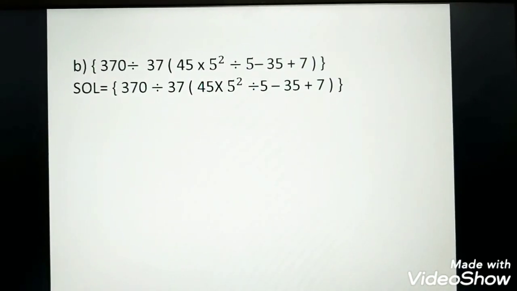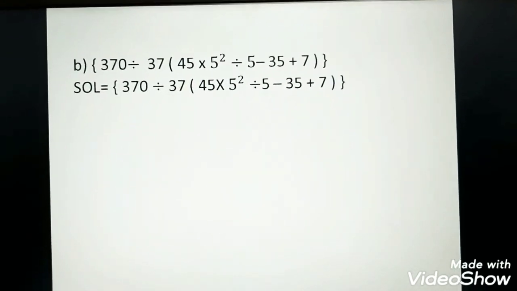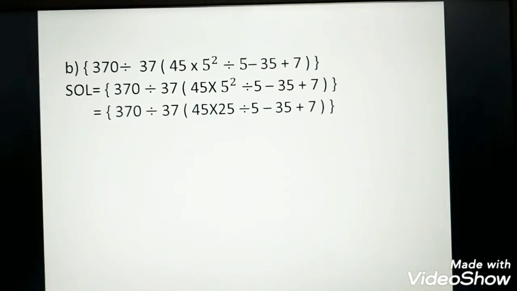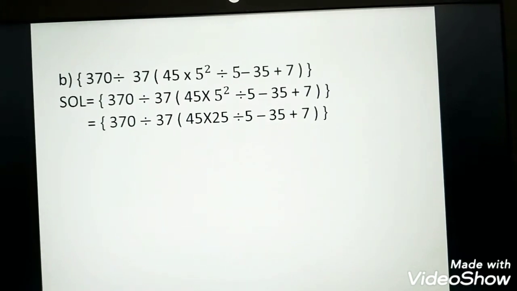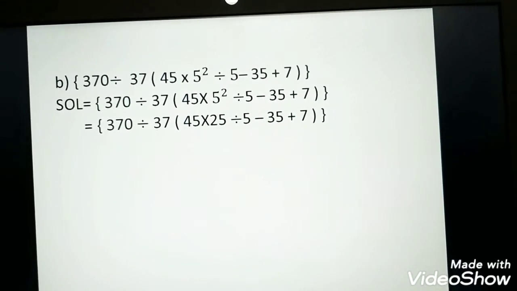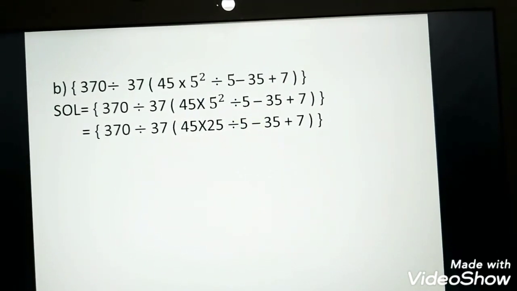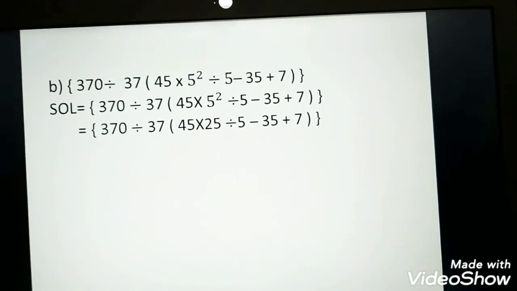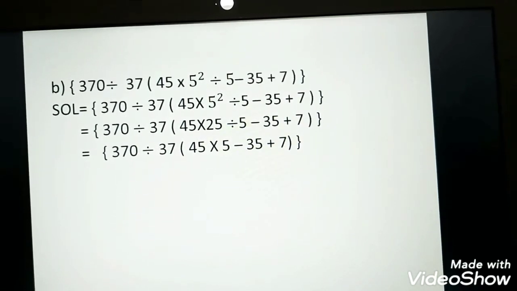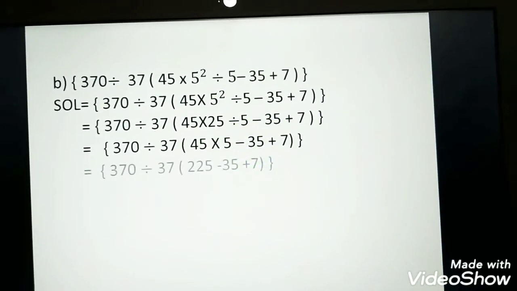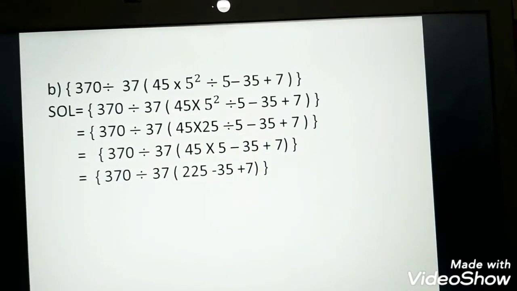Then inside the parenthesis, what are you getting? Power. So first of all, inside the bracket you will solve the power, that is 5 to the power 2. In the next step you can see I have solved 5 to the power 2, it becomes 25. Why? I told you कि नंबर की जितनी पावर होगी उतनी बार आप नंबर को मल्टीप्लाई करेंगे. So here 5 to the power 2, so 5 into 5 is what? 25. So 5 to the power 2 becomes 25. Now the next step in the parenthesis, you will solve the division. So 25 divided by 5 becomes 5. Now next step in the parenthesis, you will solve multiplication. So 45 into 5 becomes 225.